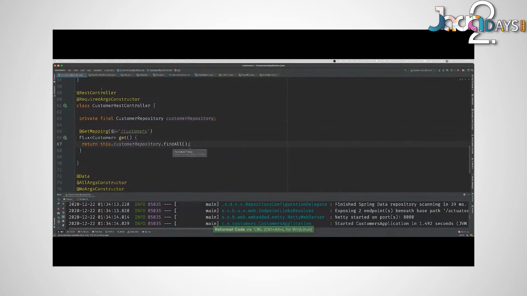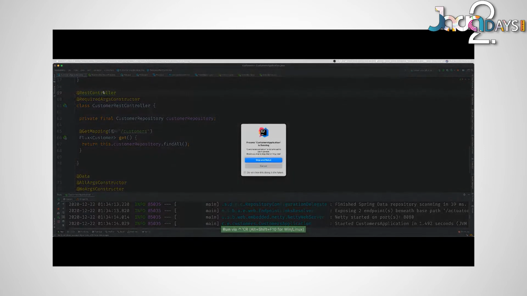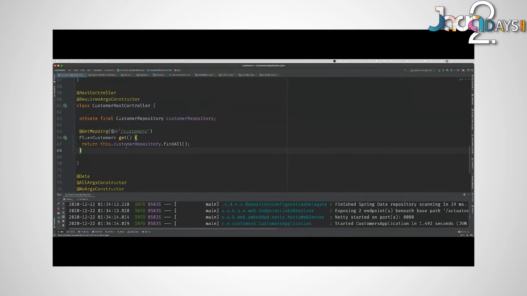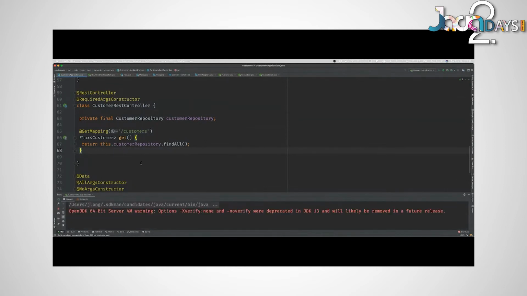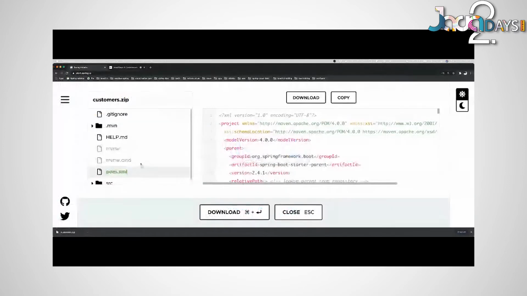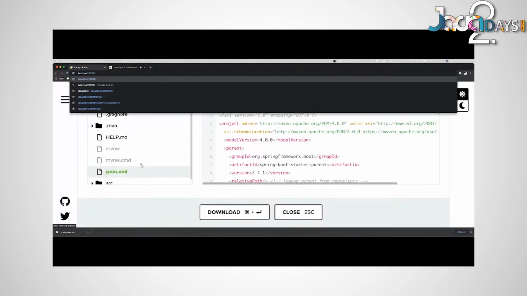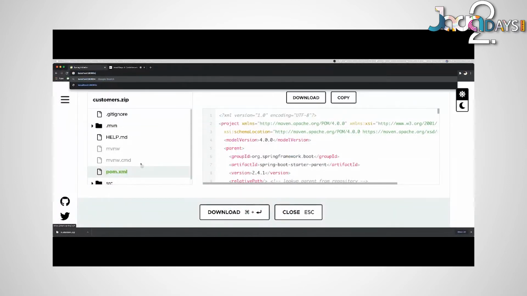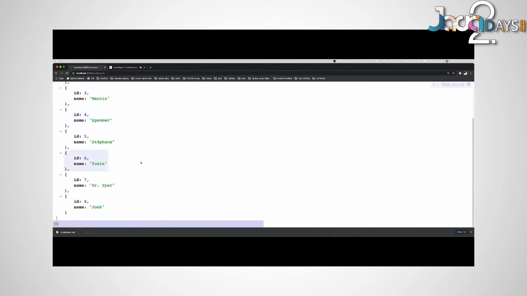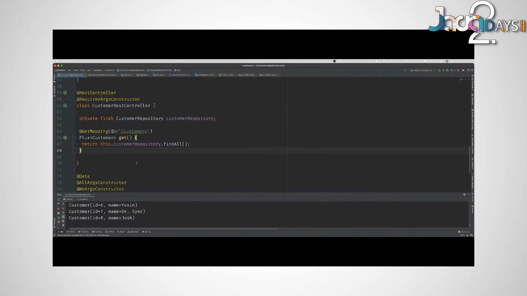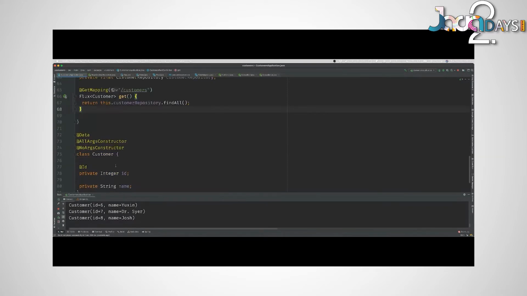And I'm going to go ahead and restart this. So save, restart, recompile, good, localhost 8080 / customers. And there's our data. So it's working. So good. We have now an application with HTTP data. We have SQL data. We have our records. It's fine. I think we're ready to go to production.